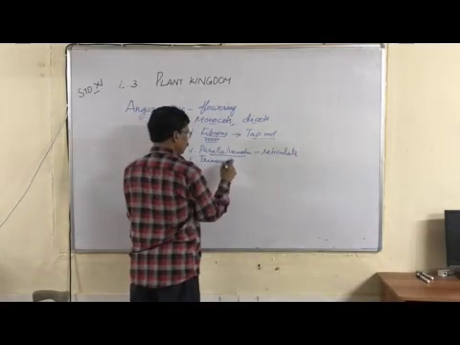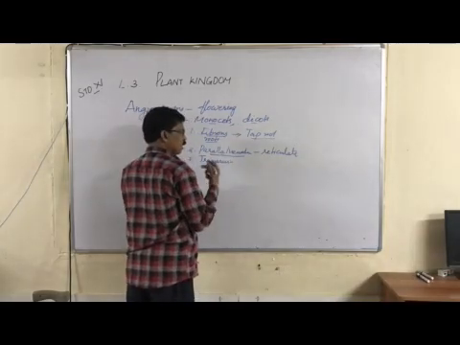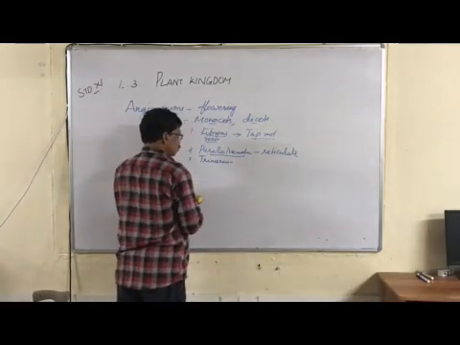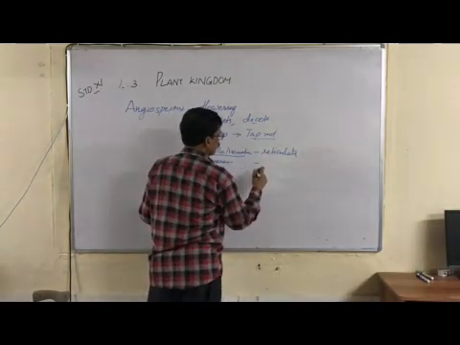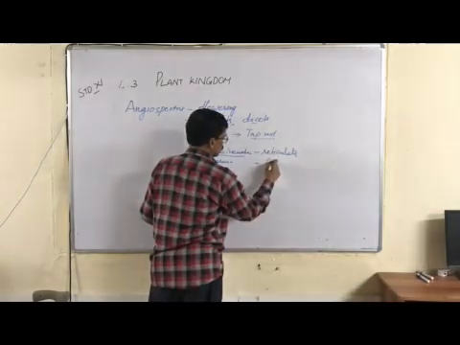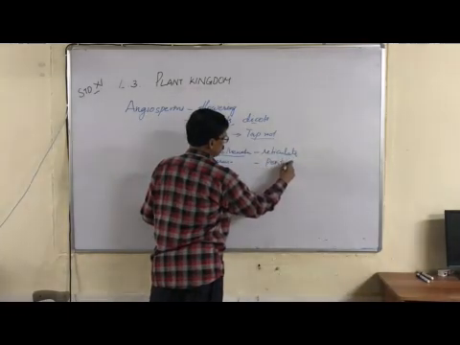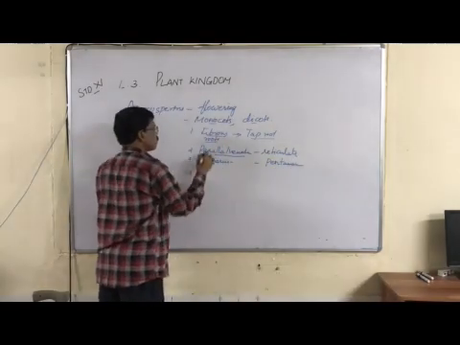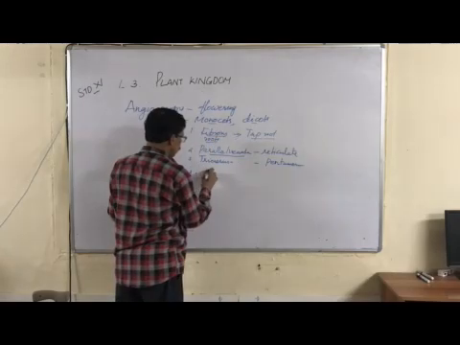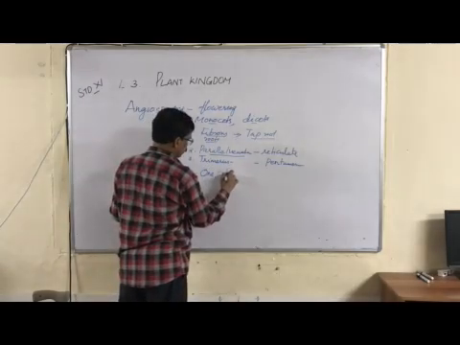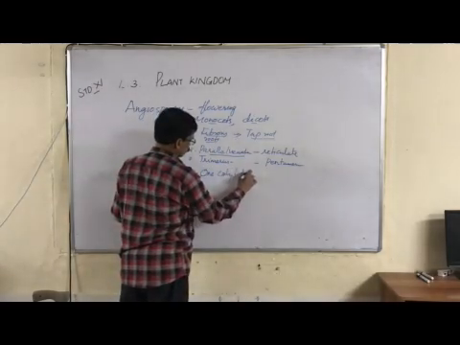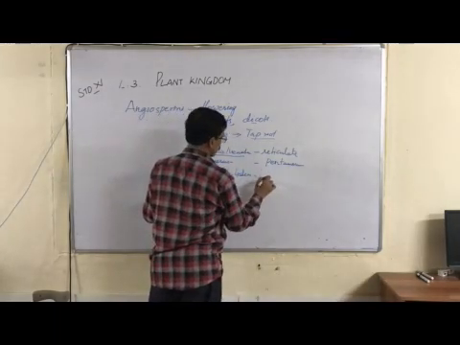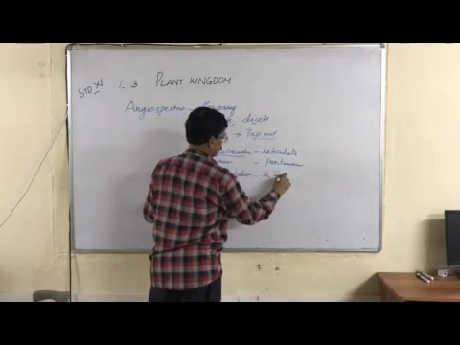Now the flower in monocots contains three whorls, that is, sepals or petals are three in number. That condition is called trimerous. And in dicots, most probably pentamerous, which means 5 petals. Now the fourth difference: monocot seeds have only one cotyledon, and dicots have two cotyledons.